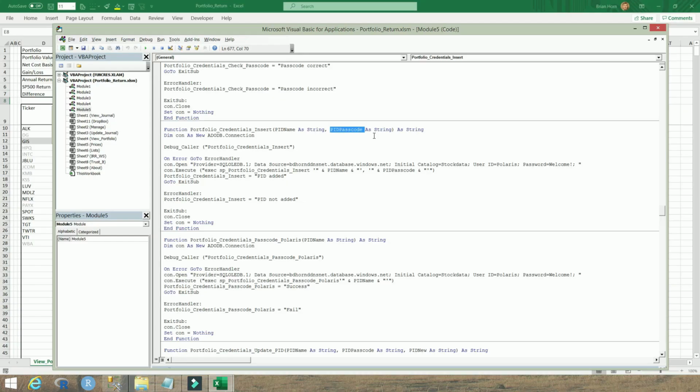word Polaris. It's not possible to set an Excel cell to a null value. So in place of that, blank is implied to mean, at least in this application, non-existent. All the stored procedures that do some kind of credential checking explicitly check for a blank passcode and return failure if they see that the passcode is set to blank, because no portfolio can have a